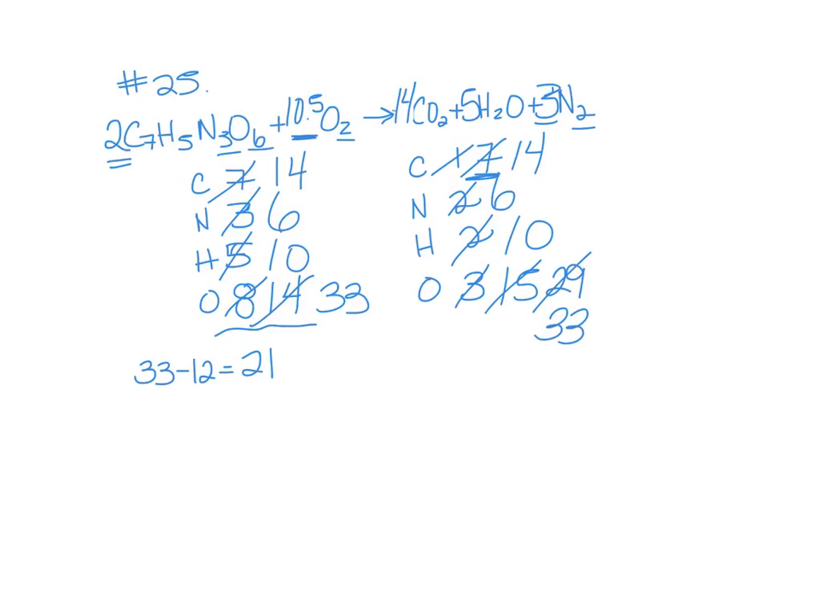By putting that 10.5 in front of the O2, I do balance out my oxygens, but I can't keep that decimal. And whenever I use a decimal, I have to fix it. I have to make it into a whole number. And the easiest way to make 10.5 into a whole number is to multiply it by 2. But whatever I do to that coefficient, I also have to do to the rest. So what I will get then is 4